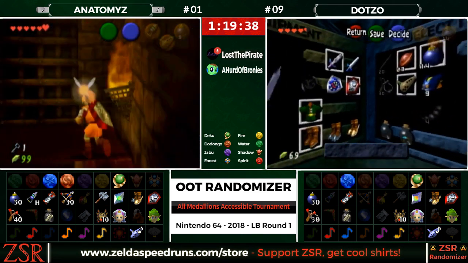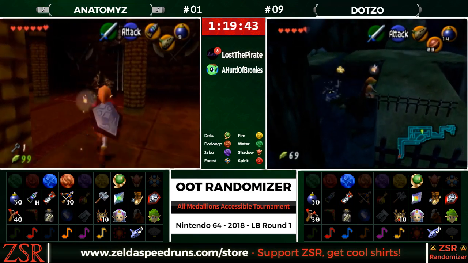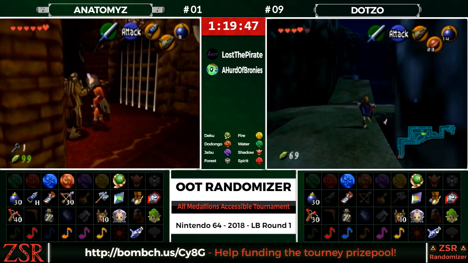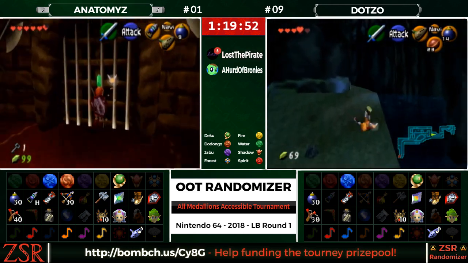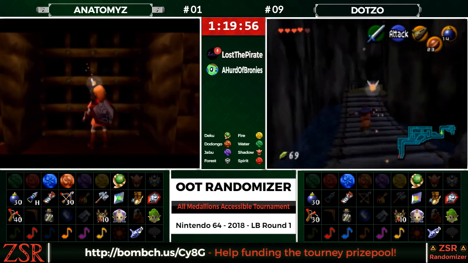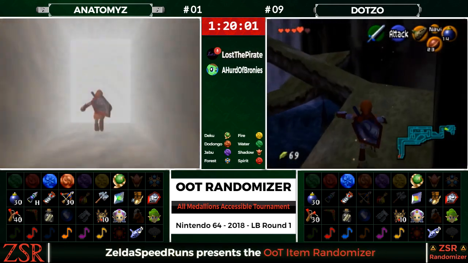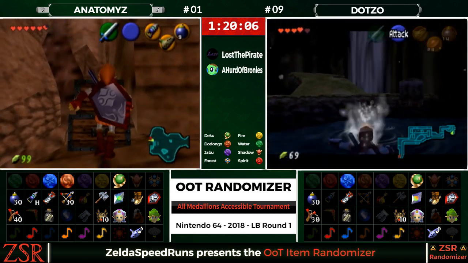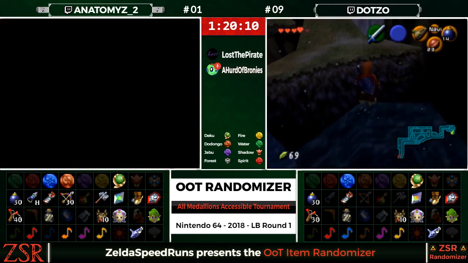And Anatomy Z continuing to work his way through Spirit, but not really finding much useful stuff in there. Fighting the Iron Knuckle. And Dotzo headed up to Zora's domain as adult now, likely headed to Ice Caverns himself. Let's hope he remembers to duck into the... Or maybe not? Yeah, he's doing the setup for hover boots going into